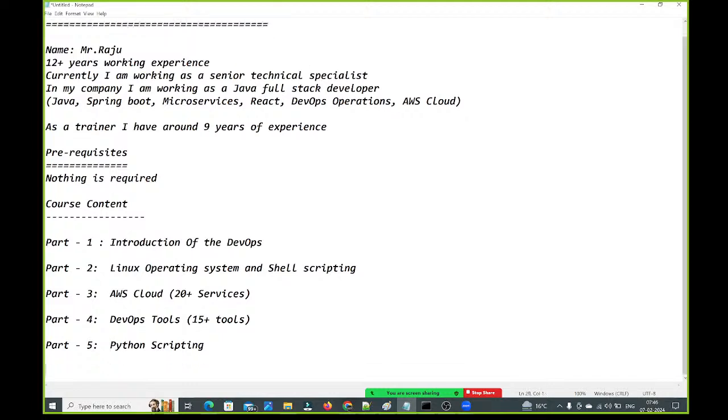Okay. Next, as part 6, what are we going to learn? Real-time projects. This is very important, guys. If you attend this real-time projects session, then tomorrow once you join a company, you can work with the same confidence as people with 4 or 5 years of experience.